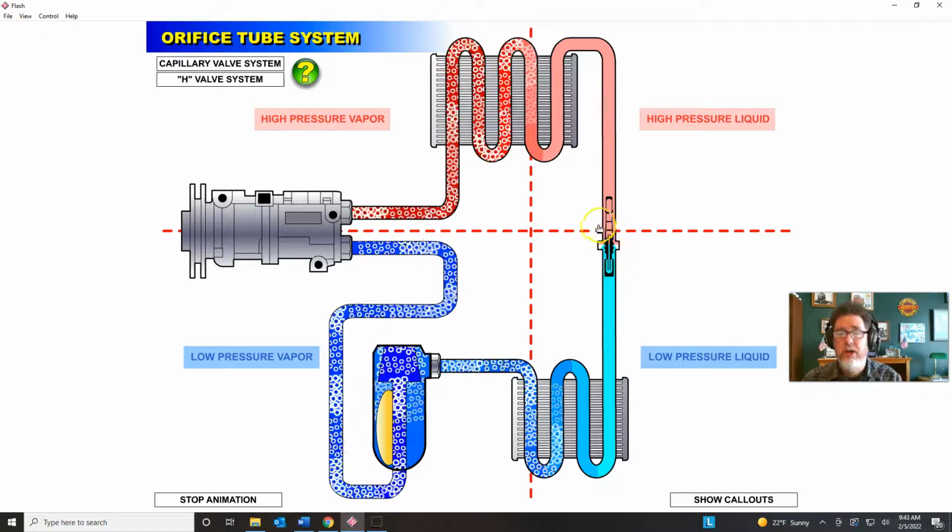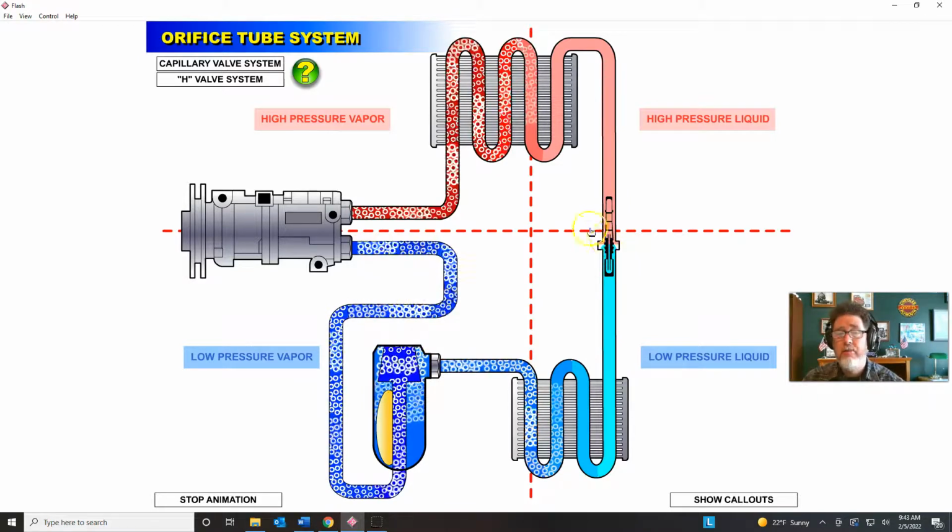So if the underhood ambient temperature is 100 degrees under there, then the system should equalize where both the high side and the low side are reading around 100. And if it doesn't do that, that's indicating there's a problem somewhere and I need to figure out what's going on. Like if equalization happens for 5 minutes on an orifice tube system, I am very concerned about that. So again, you're looking at equalization rates, you're listening for that hissing sound, and that helps